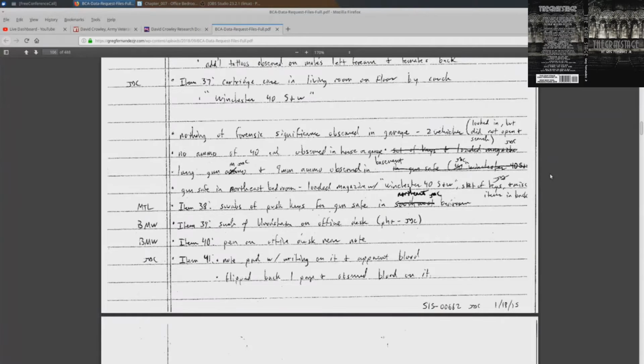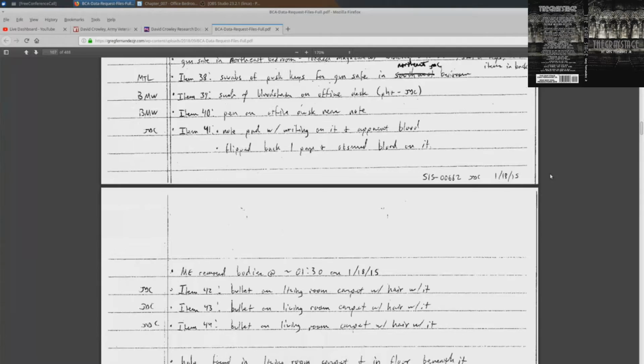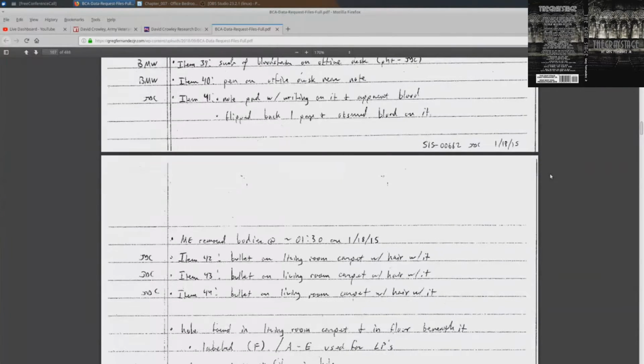So item 41, the notepad with writing on it with apparent blood. Flip back 1 page and observe blood on it. So that cover always struck me as odd. They're saying David went into the office, he had this notepad that was closed, apparently, that's my guess.